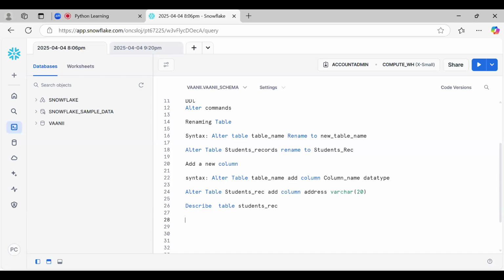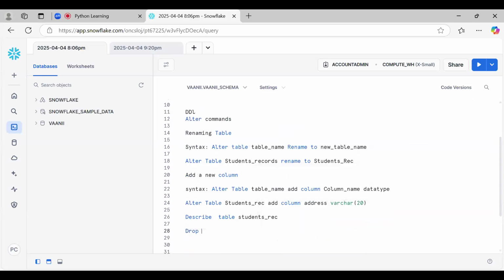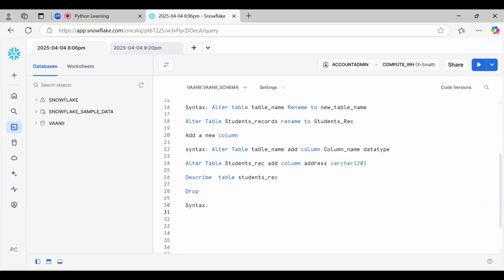And then after adding a column, you can also drop the unnecessary column if you want. Suppose I have created a table and I don't want one column, which I think is not necessary. I can just drop it. The syntax is almost the same. If you remember the syntax for one, you can do it for all. For alter, it's the same only.